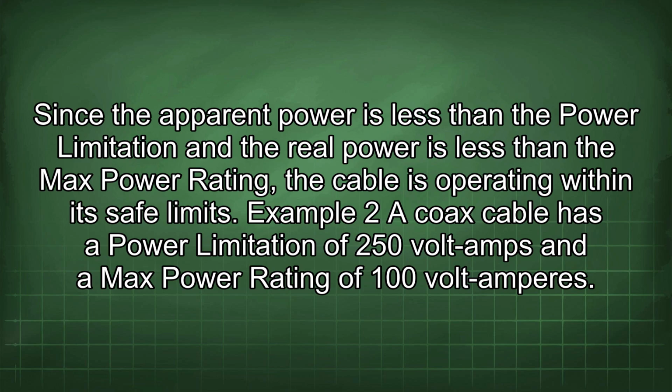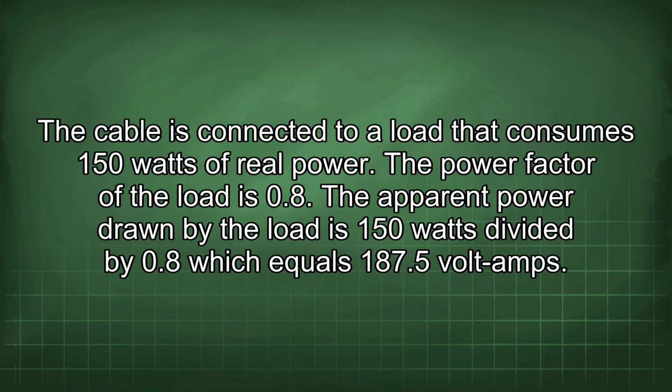Example 2. A Coax cable has a power limitation of 250 volt-amps and a max power rating of 100 volt-amperes. The cable is connected to a load that consumes 150 watts of real power. The power factor of the load is 0.8. The apparent power drawn by the load is 150 watts divided by 0.8, which equals